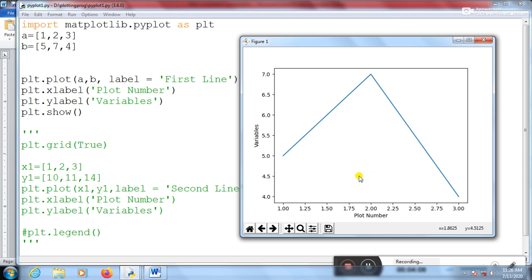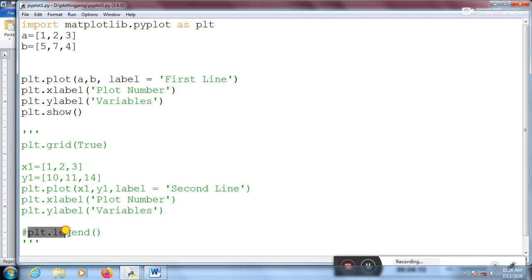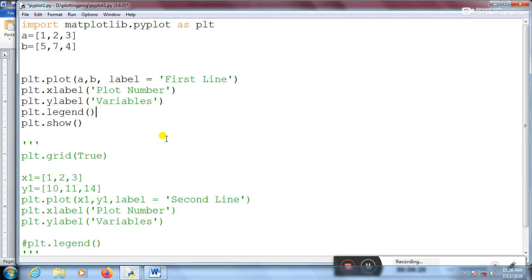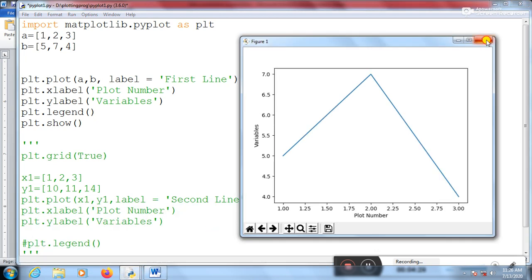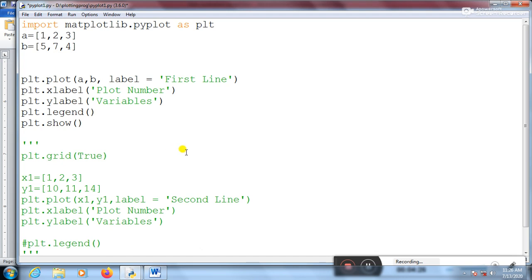If I want to display a legend, I'll use plt.legend. Now I'm closing this graph and running it again, this time including plt.legend.